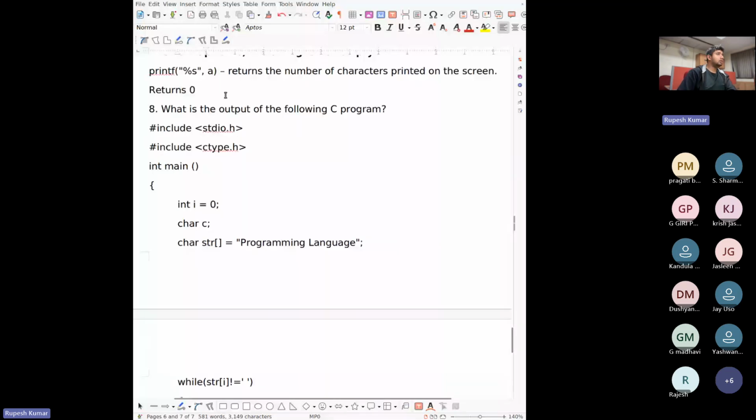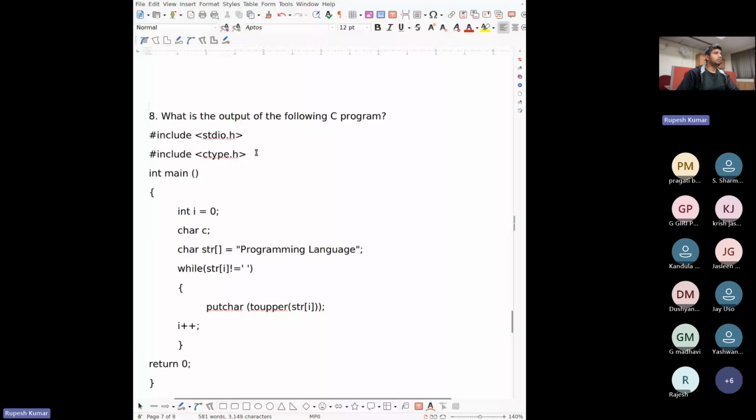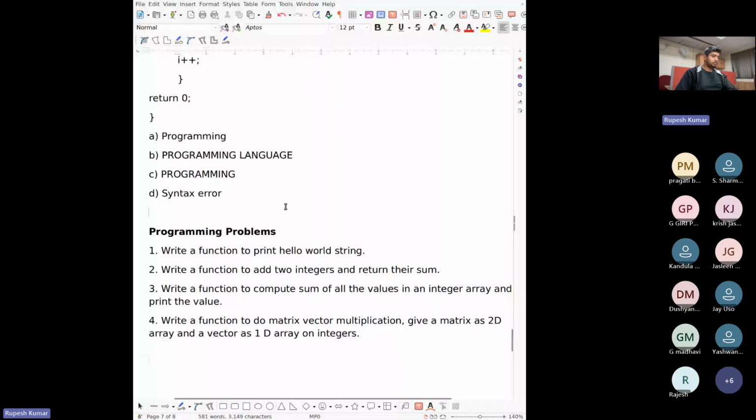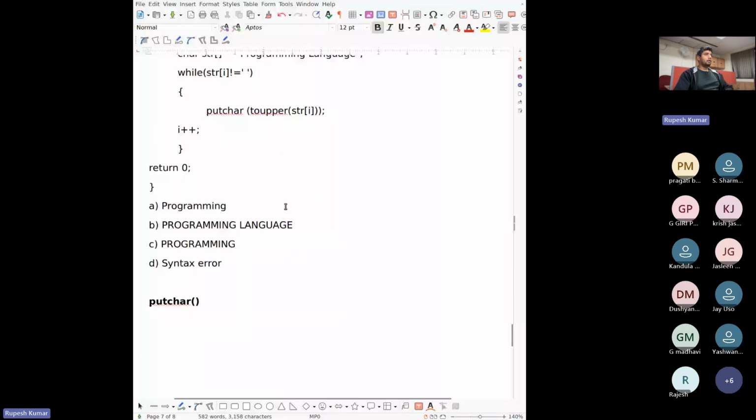So what is the output of the following C program? Again, we are using standard IO. Before solving this program, I want to ask you guys, are you familiar with the putchar function?